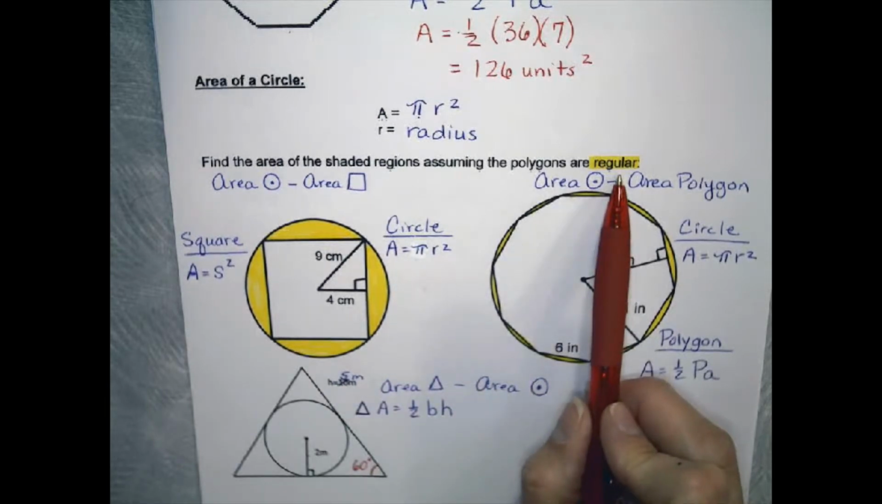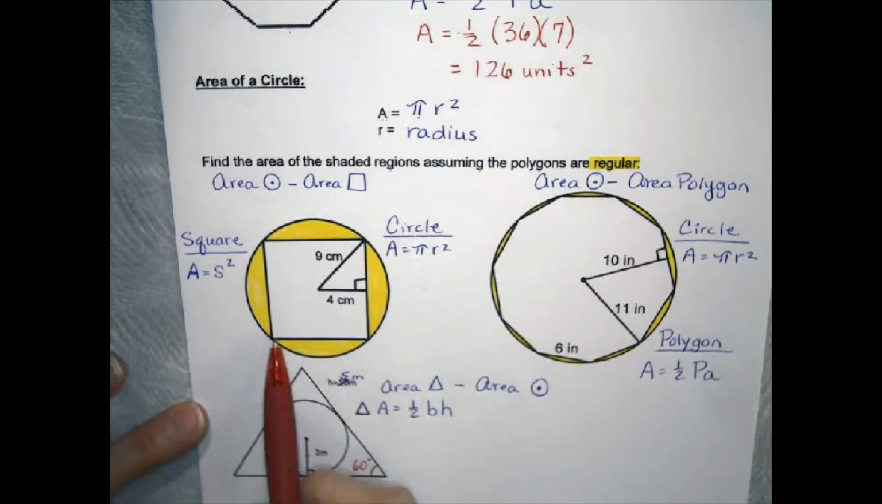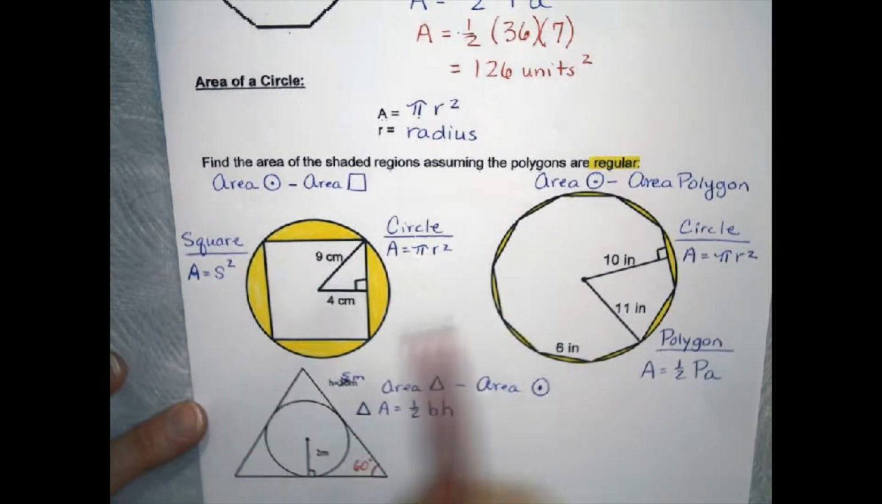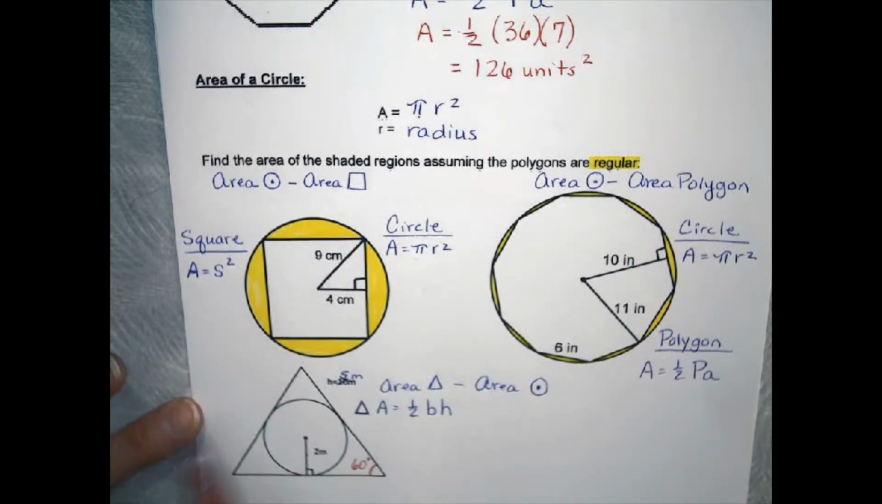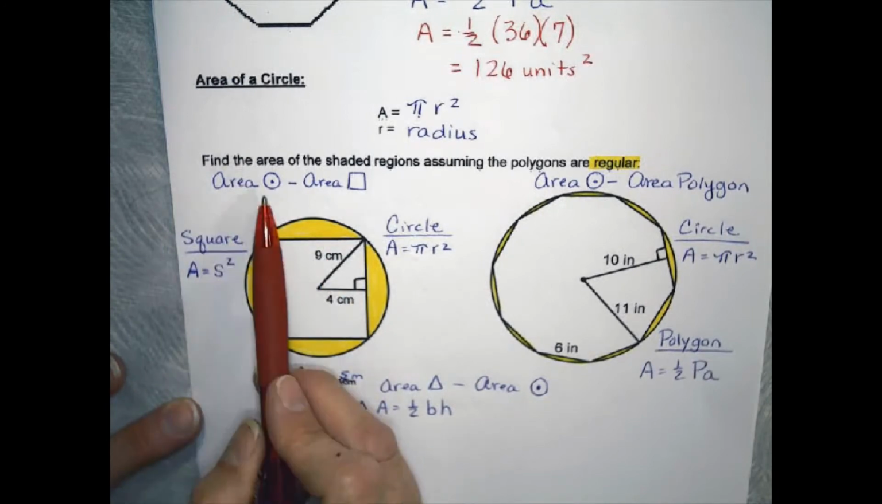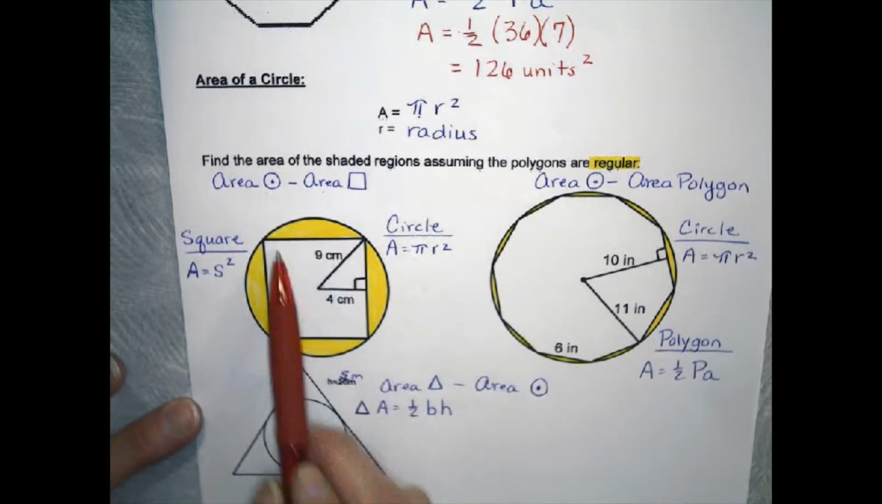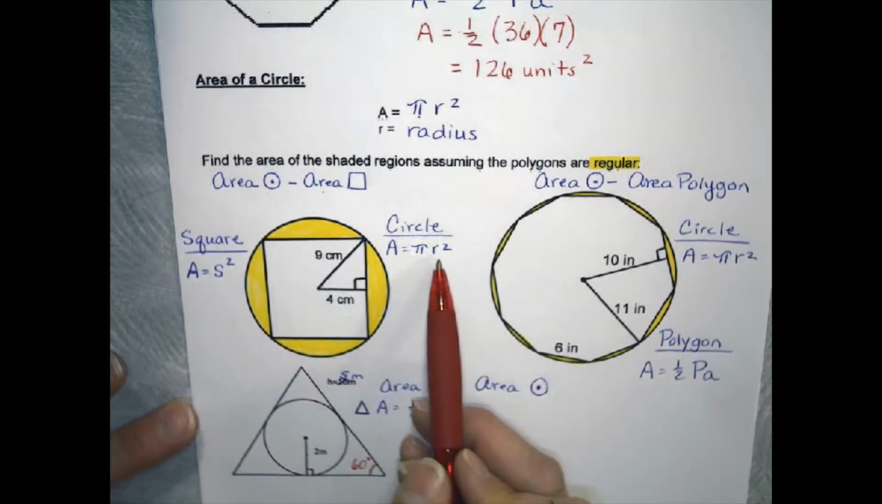So in this first example, I have a circle. Contained within the circle is a square. I know it to be a square because it's regular. Therefore, all the sides are the same. In order to find the yellow shaded area, I'm going to find the area of the circle and subtract the area of the square. So the area of a circle is pi r squared, and in this case, my radius